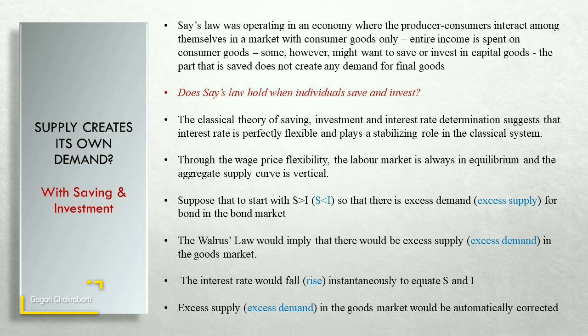The analysis thus far has pointed toward some important results of the classical model. First of all, full employment will always be guaranteed in the classical model. There will be self-adjusting tendencies operating within the economy that will ensure full employment. So there will be two lines of defense ensured by the interest rate flexibility and the wage price flexibility.